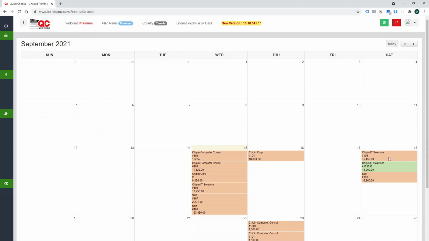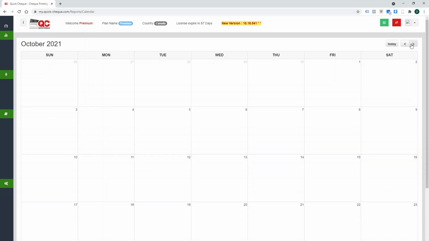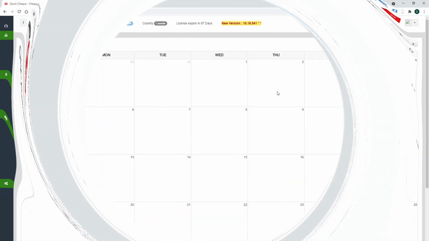Whereas on the 18th, you see that there are two checks which are supposed to be going to the bank from the suppliers, and there is a check which is supposed to come into the bank from one of my customers. So if I'm using the transaction menu and depositing post-dated checks into the system, then the system will show this on a calendar. We can go ahead and change this view and see what checks are supposed to go in October, November, December, and so on and so forth.